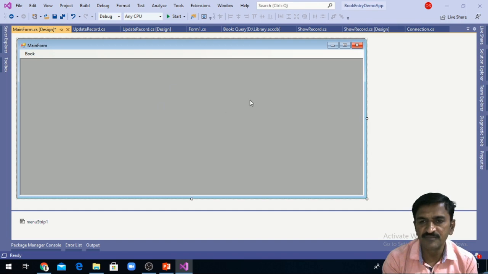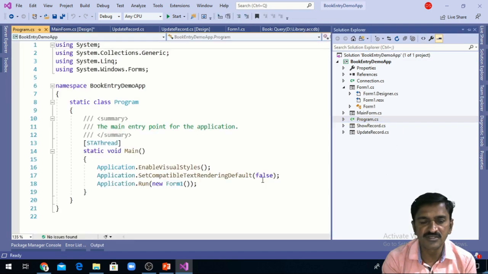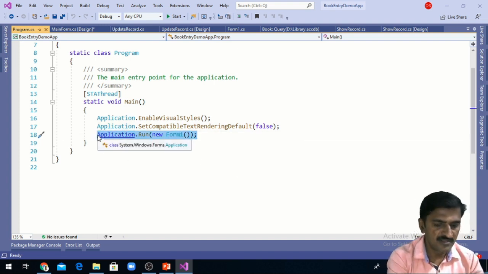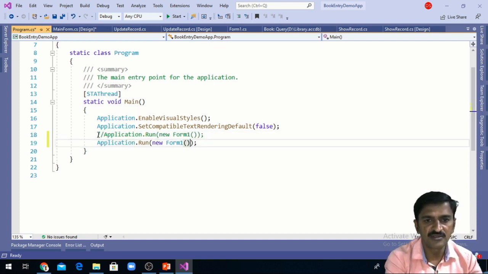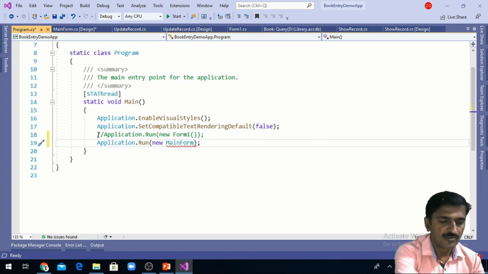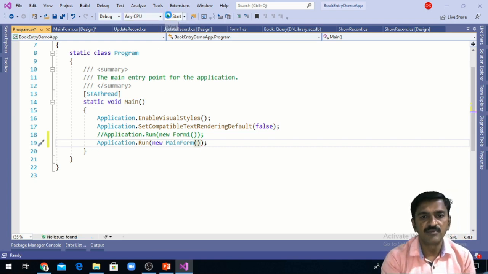So for that I am moving toward the Solution Explorer, toward the Program.cs, and instead of Form1 as the first form, I need to change this to MainForm. So I am making a copy of this line and changing it here to MainForm, right? So the main form will be opened when I run the application.